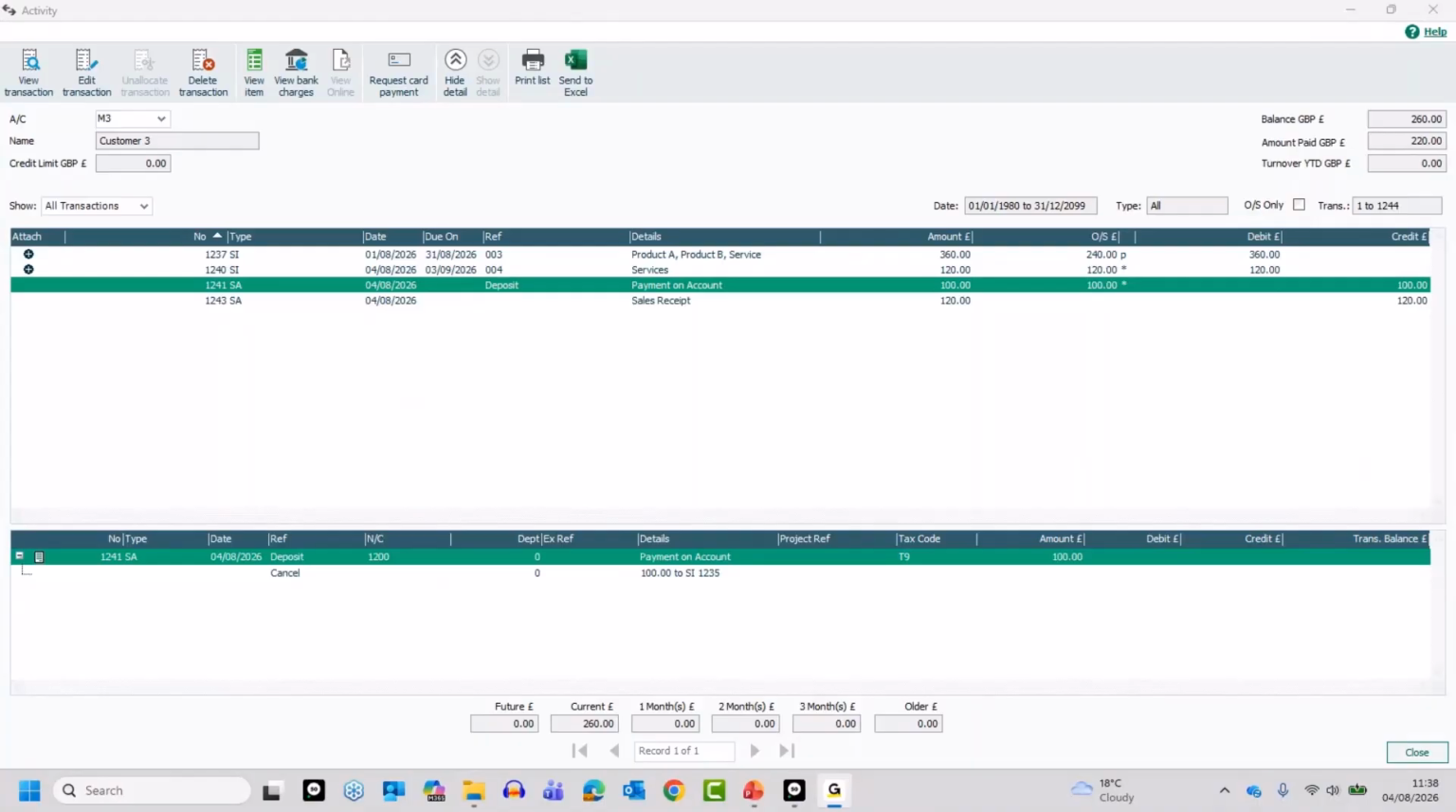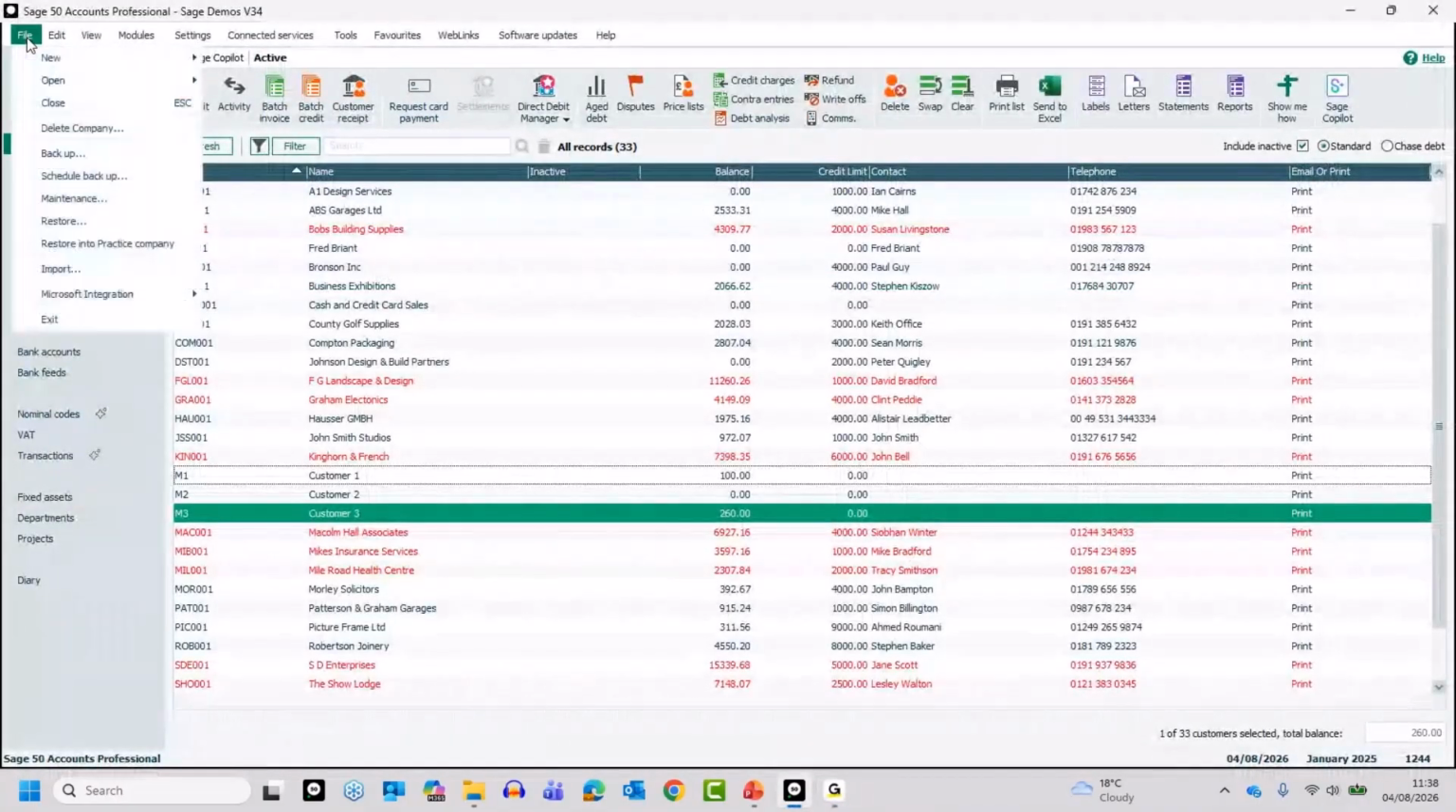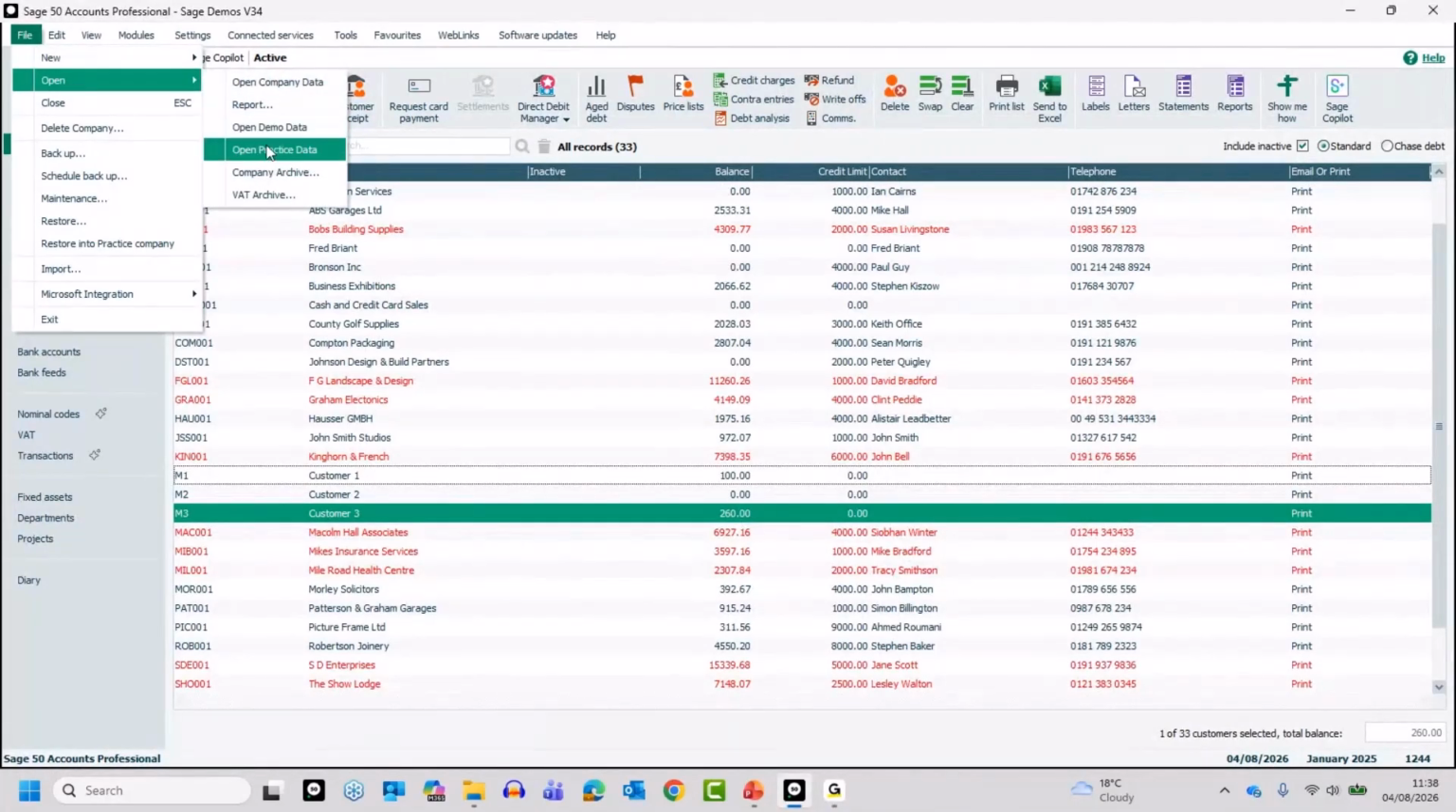Hope that makes sense. Again, if you wanted to play around with that to check the two outcomes, Helen, remember you've got both the demonstration company. So if you just go to file, open, you've got the demo data and the practice data. Demo data's got loads of dummy information in there. You can play around with that. The practice data,